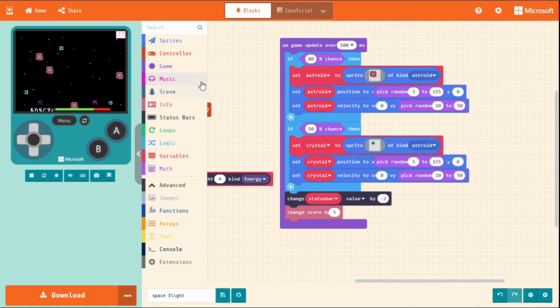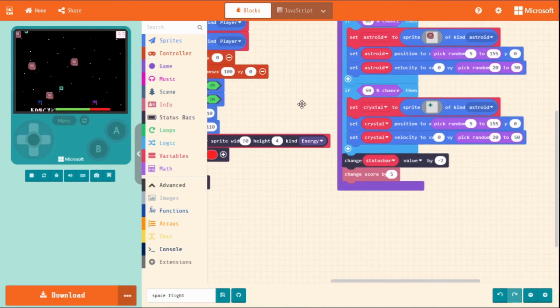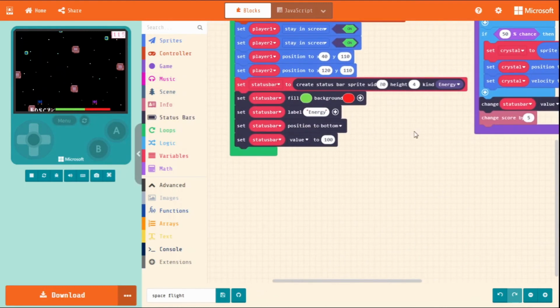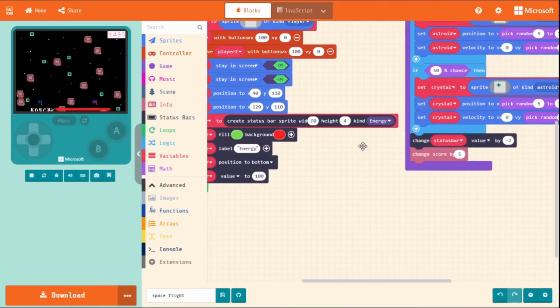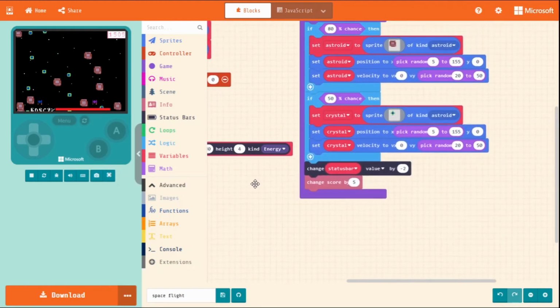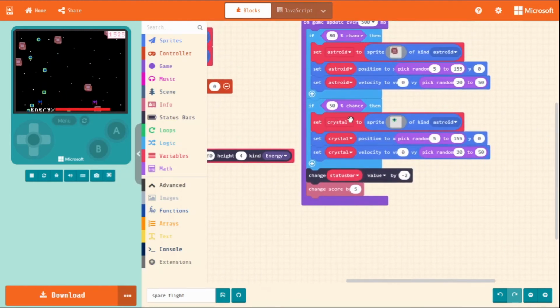The only thing now we have to do is control our overlaps. So what happens when we actually make contact with an asteroid versus a crystal, and then what happens when our energy is depleted. So we'll do that next. All right, so let's program the overlaps. The only thing I just realized I forgot was